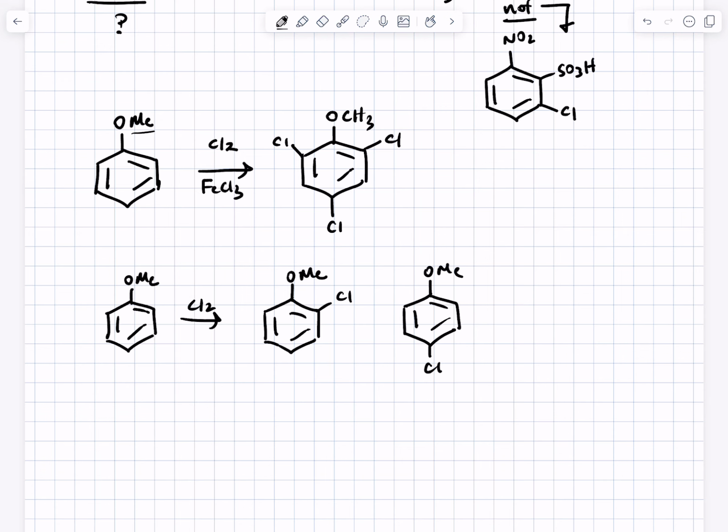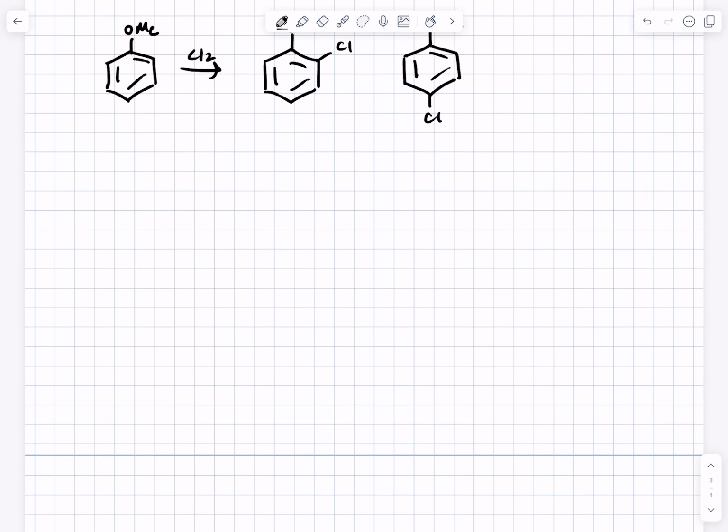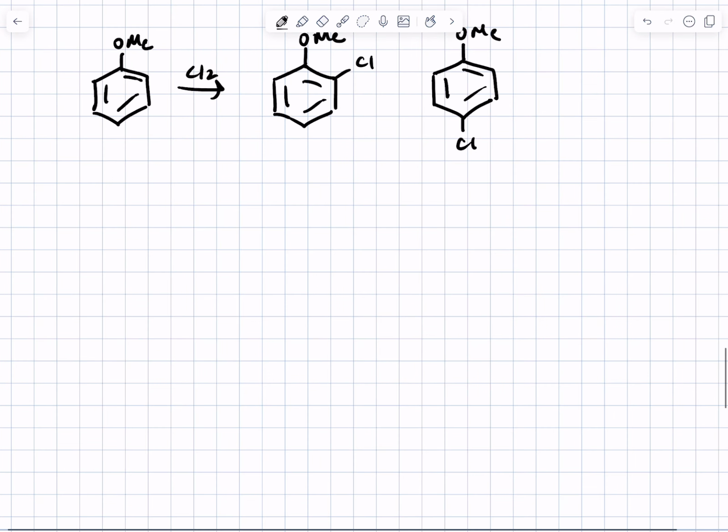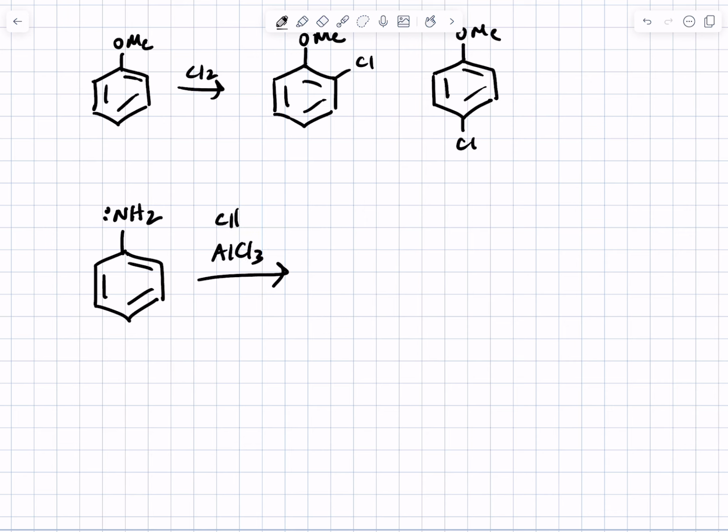Yes? Kind of a similar question. There's another with the Friedel-Crafts reaction where it reacts with aluminum chloride. Yeah, so there's all kinds of actual problems with the Friedel-Crafts reactions that we might want to deal with. One of them is that your text says that anilines, if you've got the NH2 lone pair and you try to do a Friedel-Crafts reaction, nothing happens.